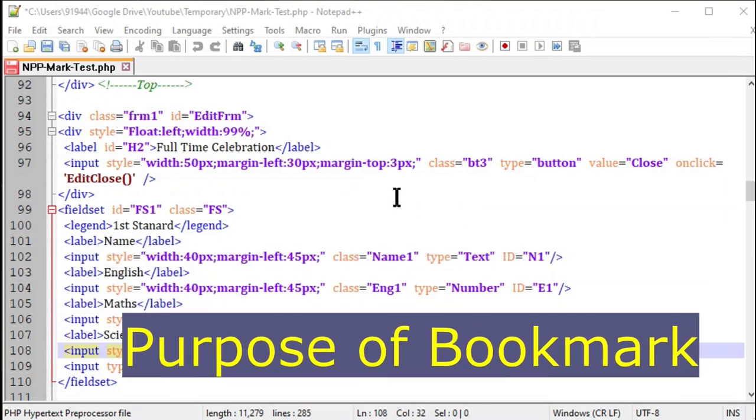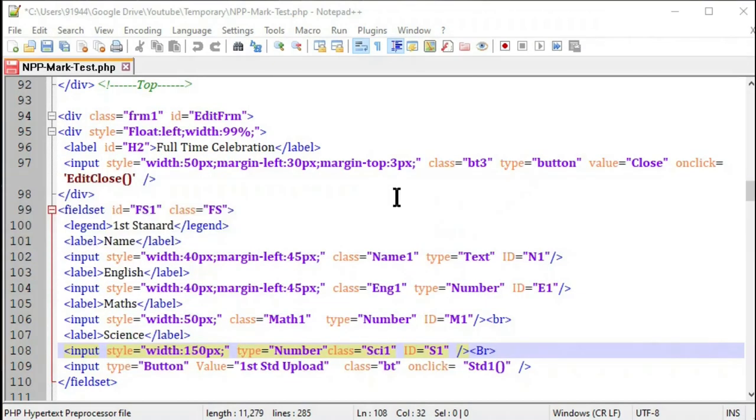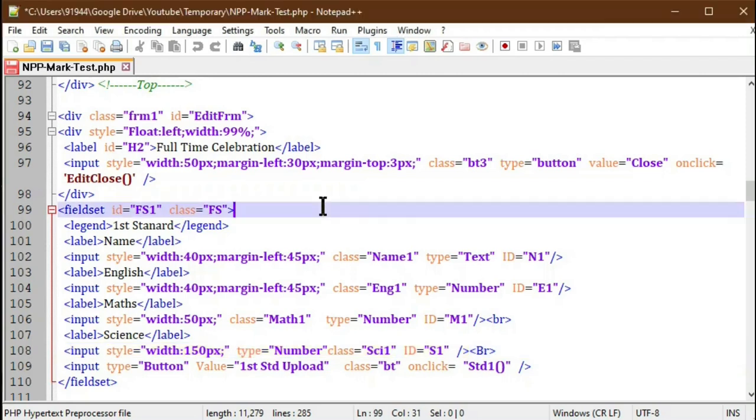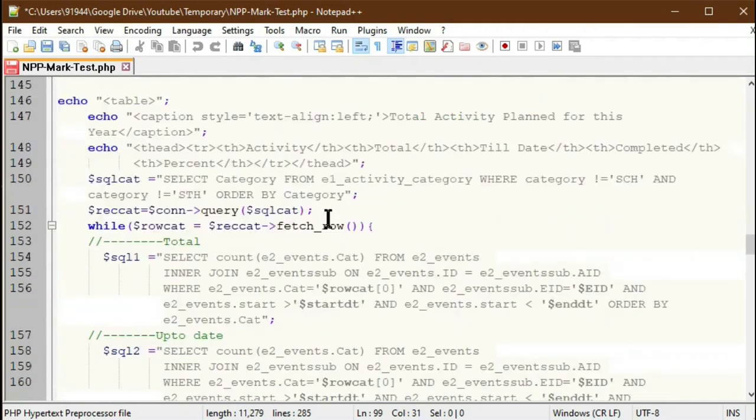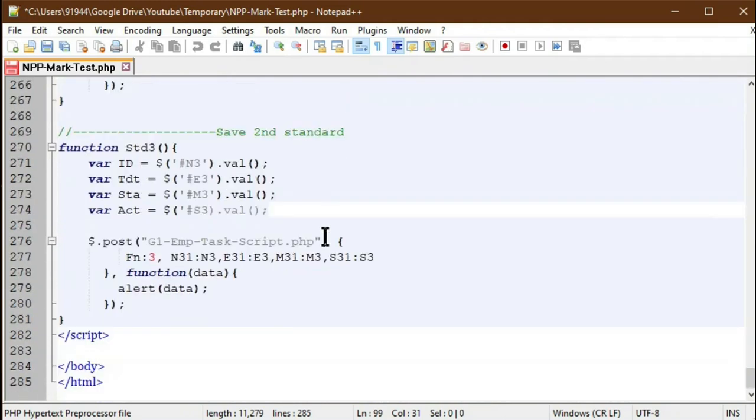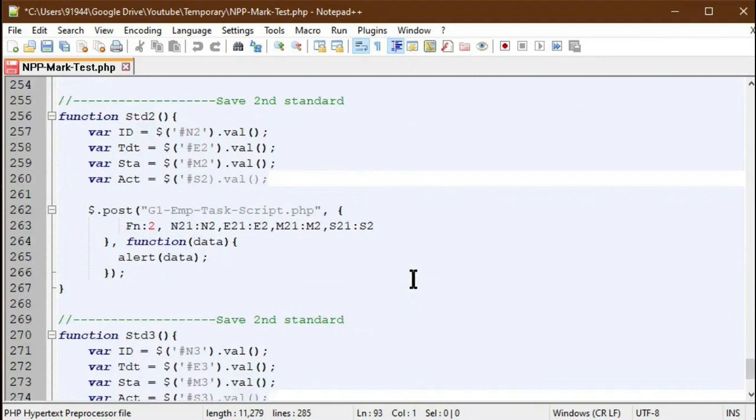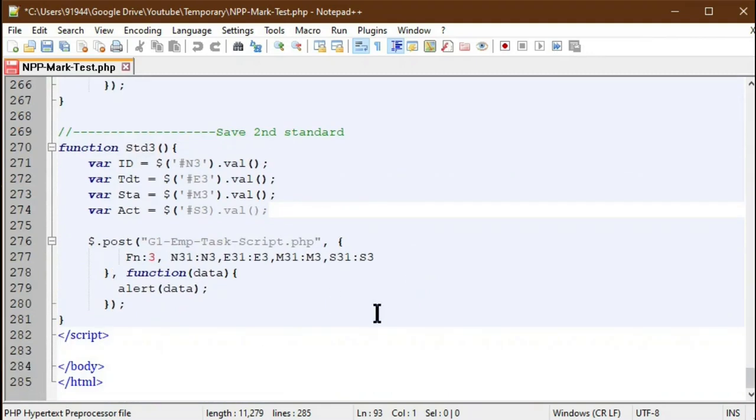Bookmarks are very useful to edit our source code page. In any normal source code, we will normally make some input element. It will get some input from the user, and the same can be passed to some server language to store it in the database. For that we will normally use some Ajax function or script function. So like that we will make a big file having more than 200 lines of source code. Here you will see it goes up to 285 lines of source code.